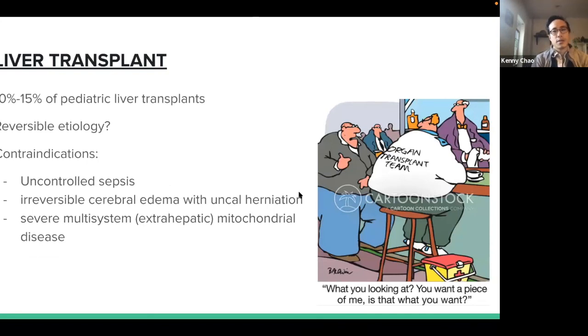So the last step of this is essentially a liver transplant. For somebody that's super sick, in a clinical sense, you want to transport them as soon as possible. As I mentioned, about 10 to 15% of all pediatric liver transplants are because of acute liver failure. The main thing you want to do before that is look for reversible etiologies,